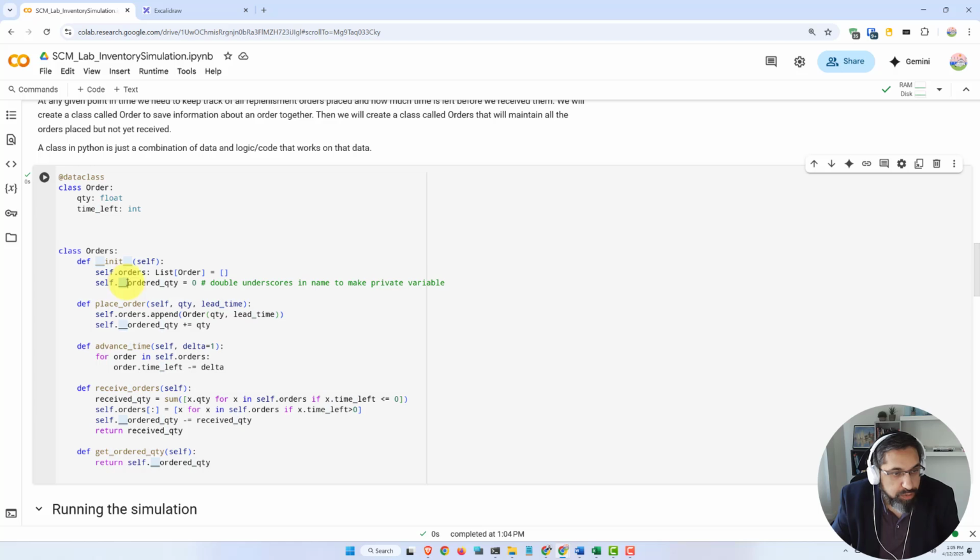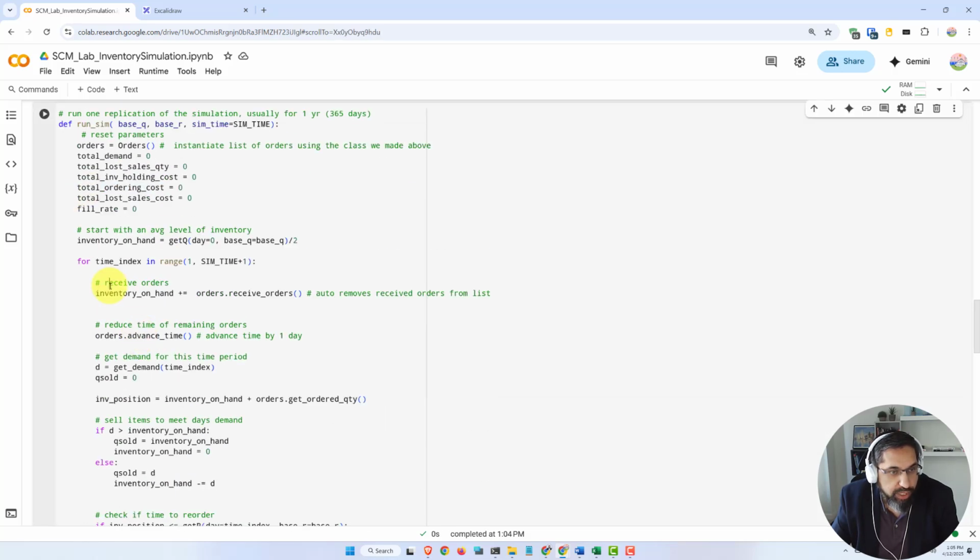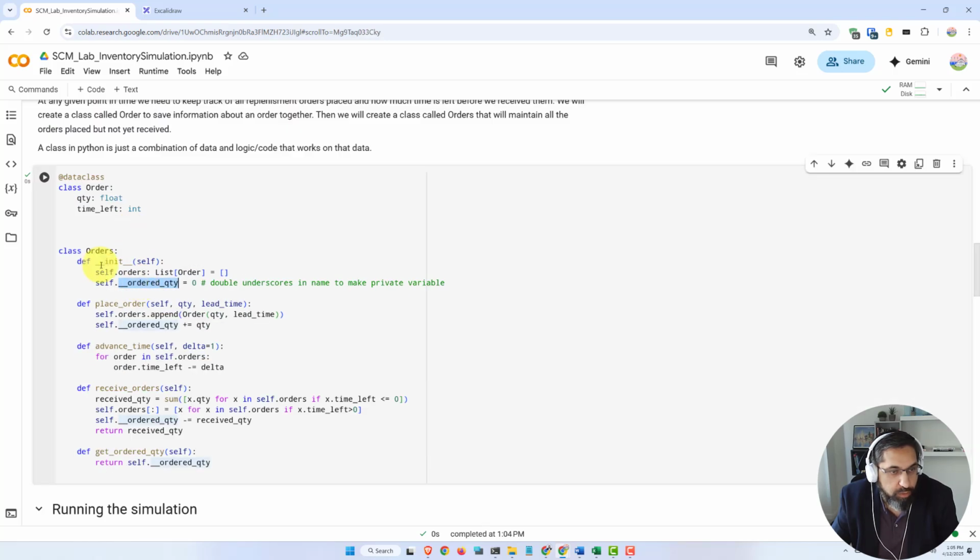The 2 underscores before a variable name means it's a private variable. So only the code inside this class can look at this variable. The code in some other function like here cannot look at this internal variable. It's like the internals are hidden from the outside world. It doesn't have to be that way. If it's confusing, you can just take out these 2 and make it like this. But for good code design, we need to make it private because this is internal record keeping for this pipeline inventory module. Outside the pipeline inventory module, we might give them this information through a function, but not directly